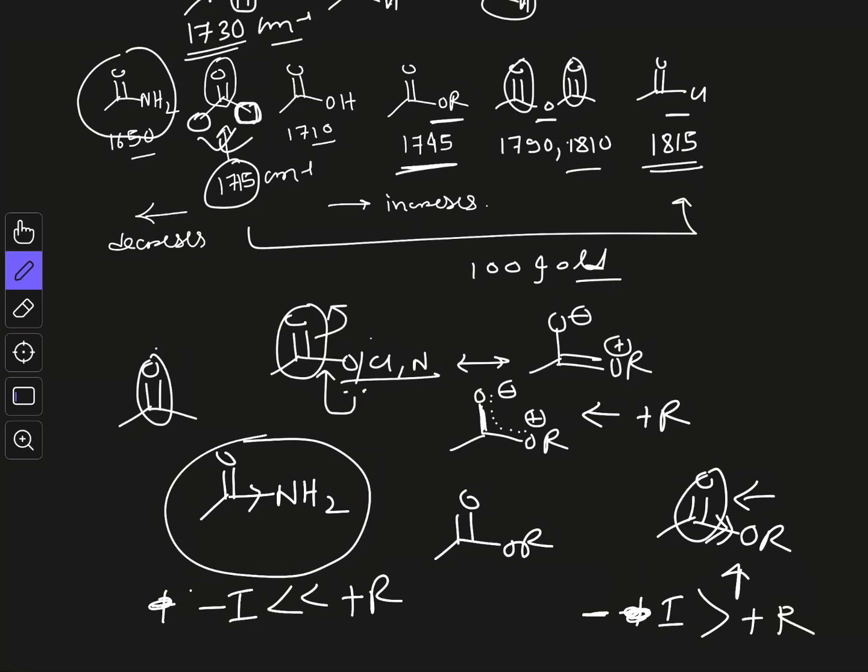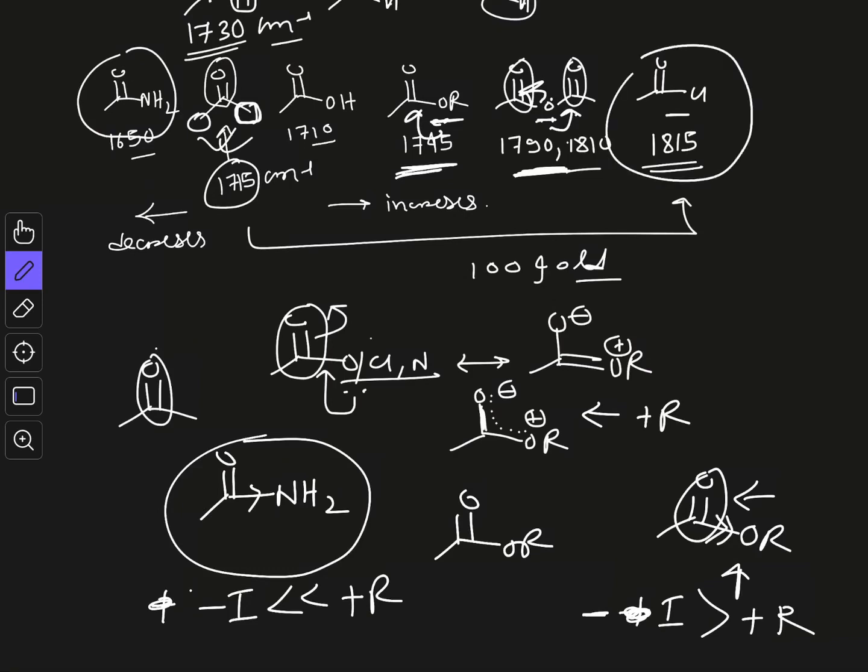In case of anhydride, you can see the resonance is divided into two carbonyl groups. So the oxygen lone pair is donating in both this direction and this direction, that means there is a competition, so it is even less electron donating compared to ester. In case of ester, the oxygen donates its lone pair to one carbonyl group, but in case of anhydride, only one lone pair is given to two carbonyl groups, and that's why the donation is even weaker here, but the inductive effect is the same, and that's why in this case the increase in the stretching frequency is even more compared to ester. So anhydride shows an even higher stretching frequency.